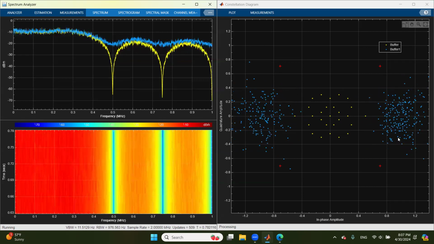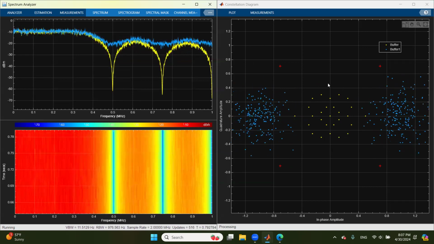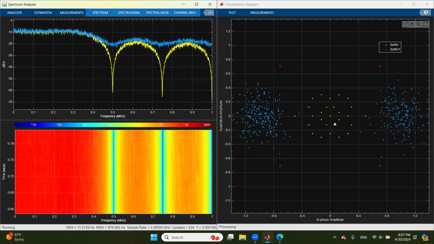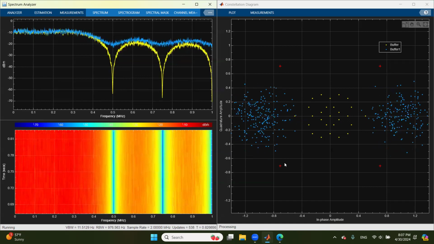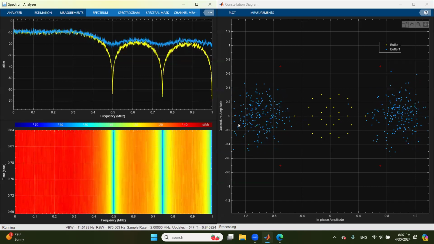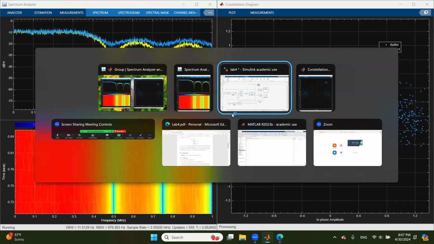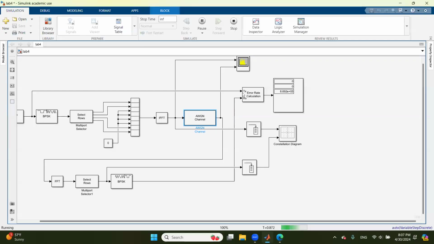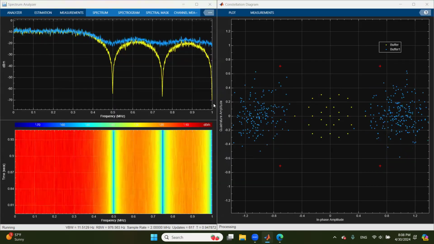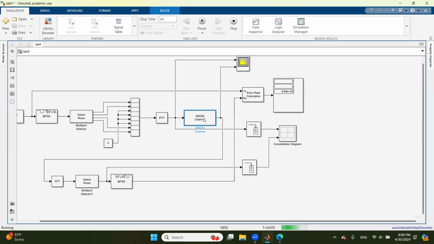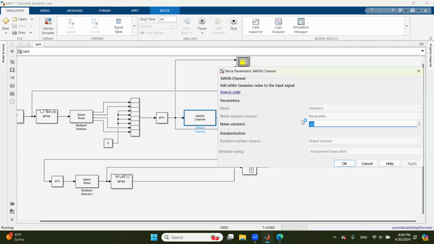And so in the constellation diagram, this received signal is much more spread out, much like we observed in the previous lab on digital modulation schemes. And as you can see, the error rate has not gone up at all, so it looks like I'm still within a reasonable amount of variance here. If I kick this up even further,